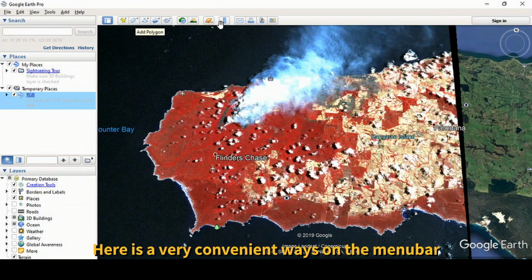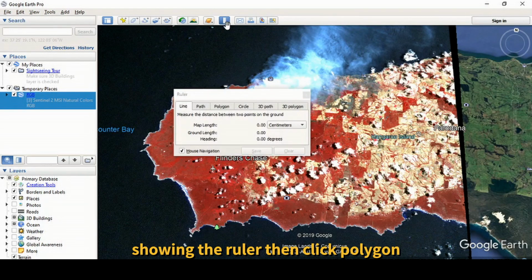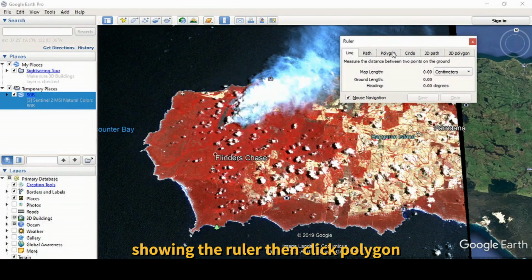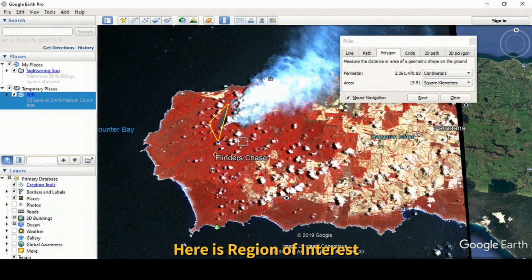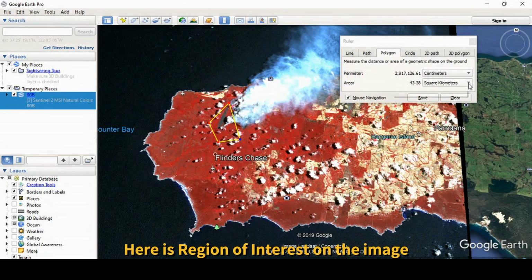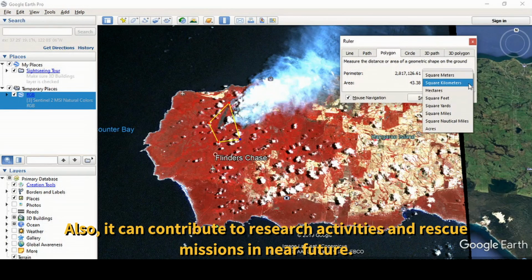So here is very convenient on the menu bar, showing the ruler, and click the polygon, and maybe you can click here to calculate. So how was the damage placed, to protect and contribute to research purposes.